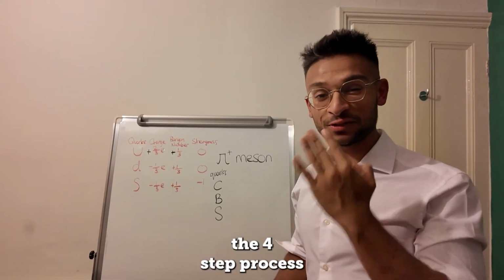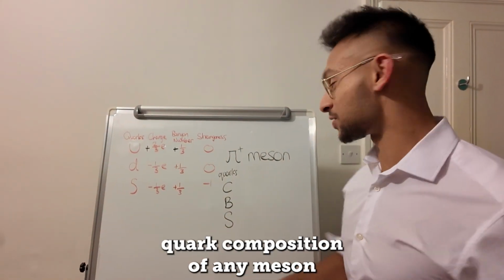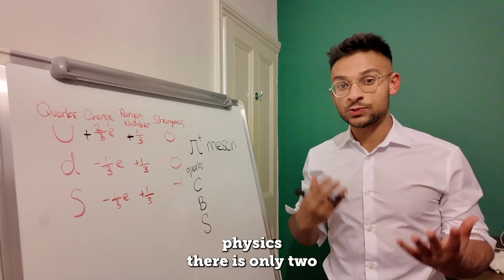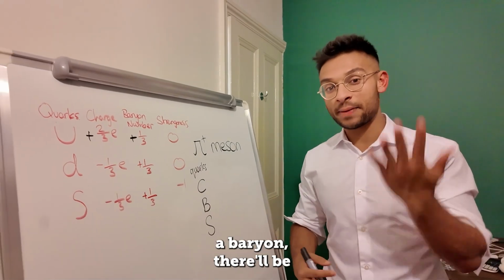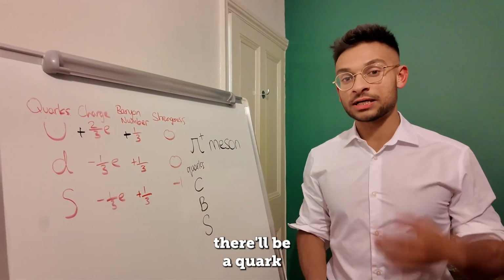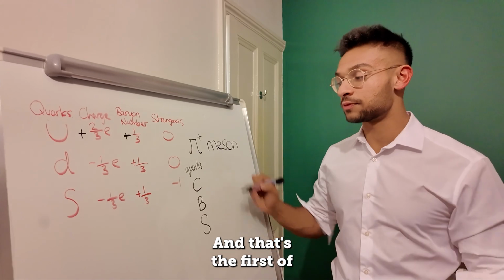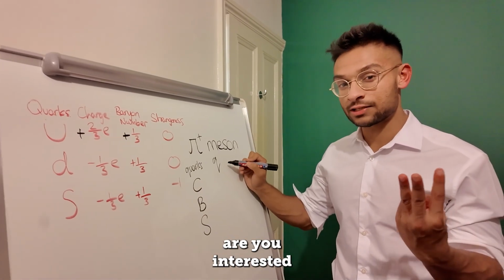Hi guys, in this video I'm going to show you the 4-step process to finding the quark composition of any meson. In A-level physics, there's only 2 different types of quark compositions you need to know. For a baryon, there'll be 3 quarks. For a meson, there'll be a quark and an antiquark. And that's your first of the 4 steps, finding out whether it's 3 quarks that you're interested in or a